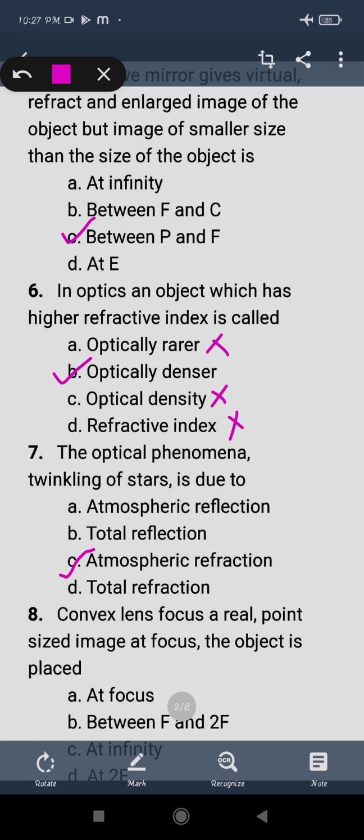A convex lens focuses a real point-sized image at focus. The object is placed at, we know that whenever the object is placed at infinity, we get the image at focus. If we keep the object at focus, then we get the image at infinity. Here what it is saying is where the object should be placed, with the image at focus, and the object should be at infinity, so it will be at infinity. Okay,